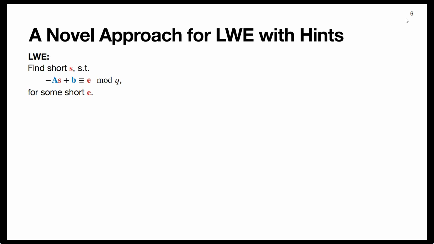How can we turn this into a lattice problem? There's basically just one thing that you have to do, and that is you have to make this reduction modulo Q more explicit. That means you're not only searching for this short vector S, but you're additionally searching for some vector W, such that you get an equation over the integers, and now we don't have just minus AS plus B equal E, but this additional plus Q times W. And this W just is your reduction modulo Q. And this is in fact already a lattice problem.